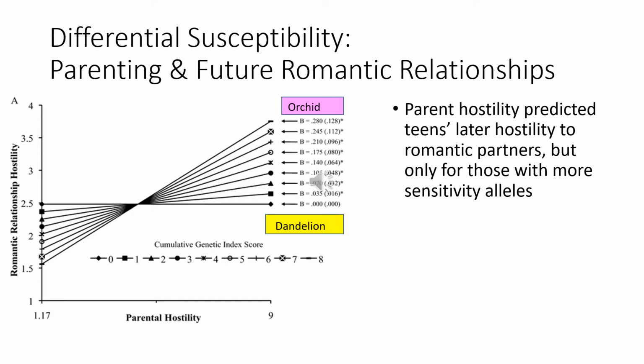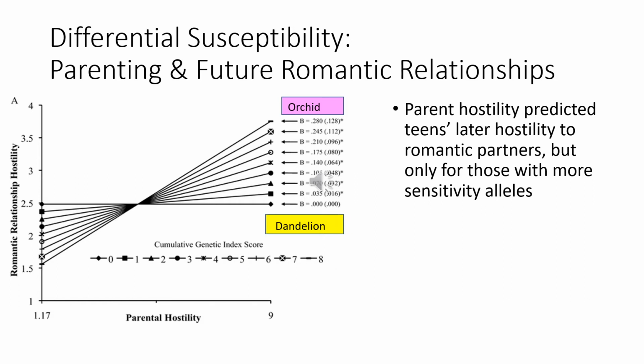And so what you can see then is that for the orchids, and this was a genetic differential susceptibility study investigating a number of different plasticity alleles. You can see down there it says cumulative genetic index score, so it was up to 8 different plasticity alleles. And so the ones that were the most orchid-like, who had the most plasticity alleles, who were the most